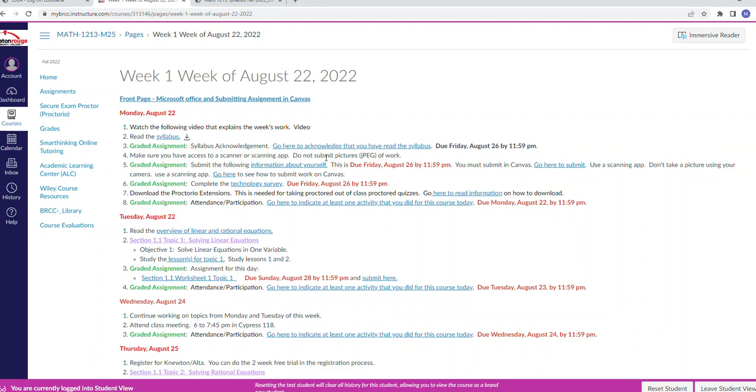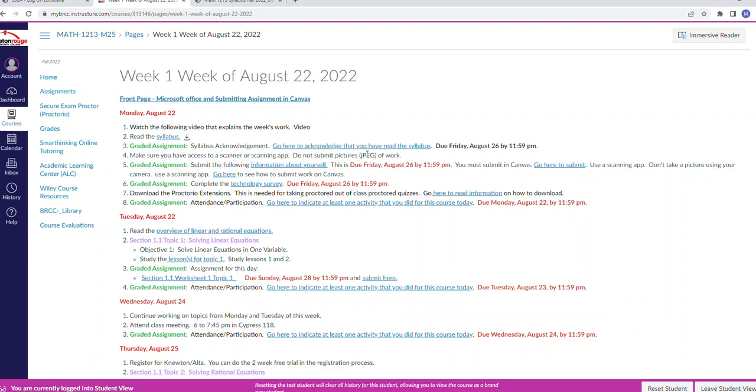The problem with taking a picture using your phone is that the images are dark. So when I print that out, it becomes dark. When I write on it and submit it back to you, it's even darker. So by that time, you will not be able to see any comments I made on your worksheet. So it's very important that you try and get a scanner or scanning app, without having to